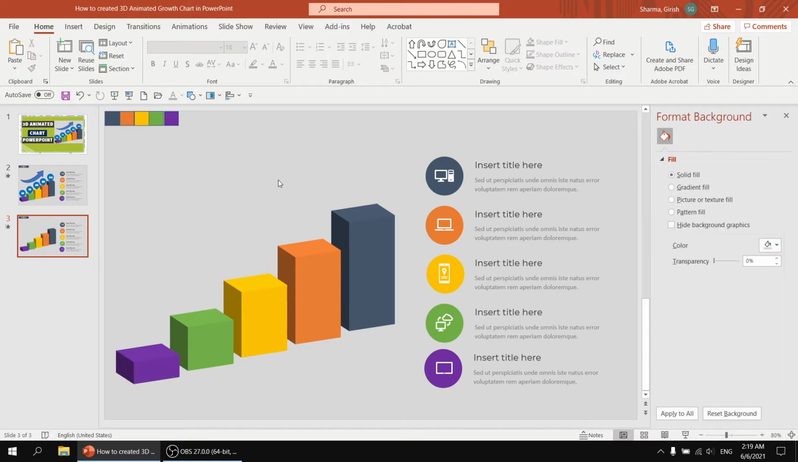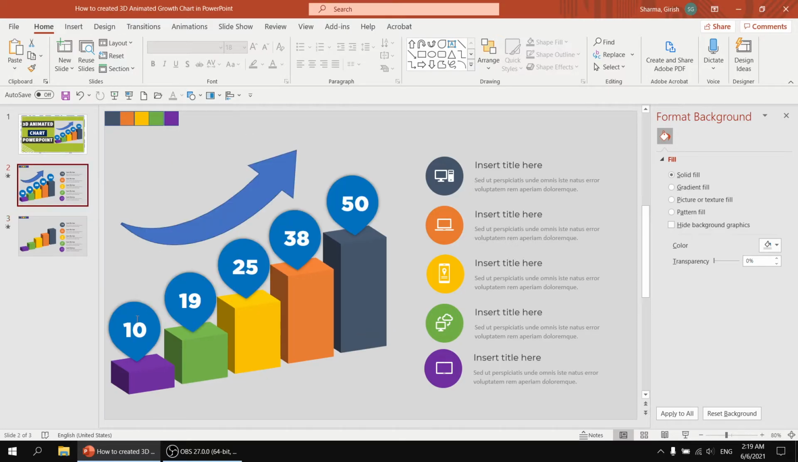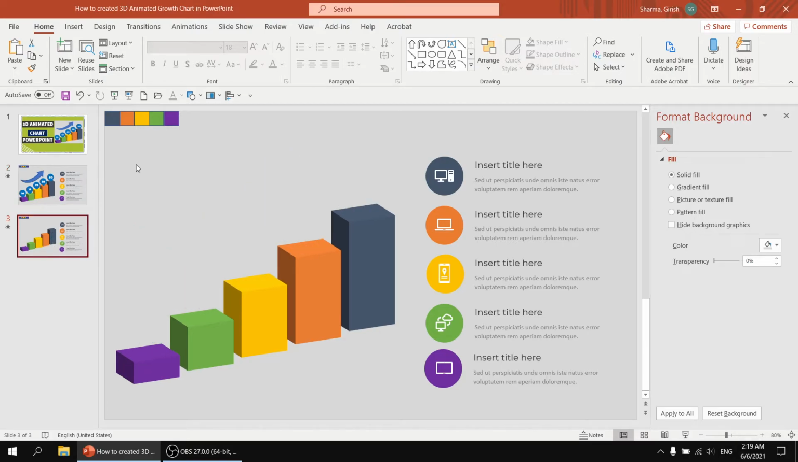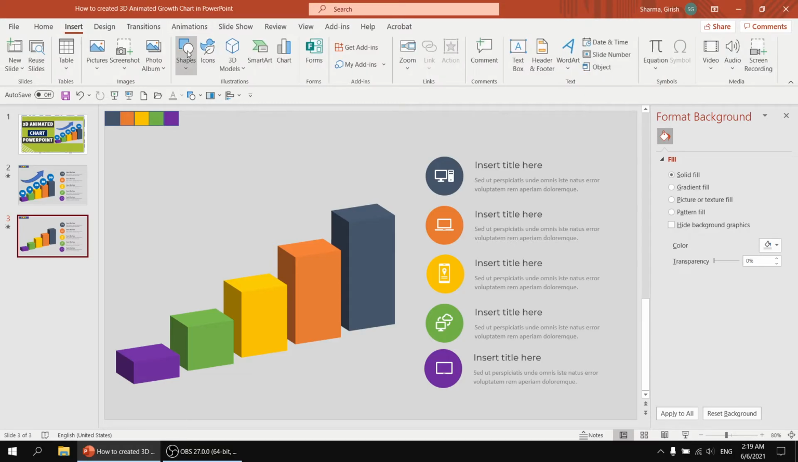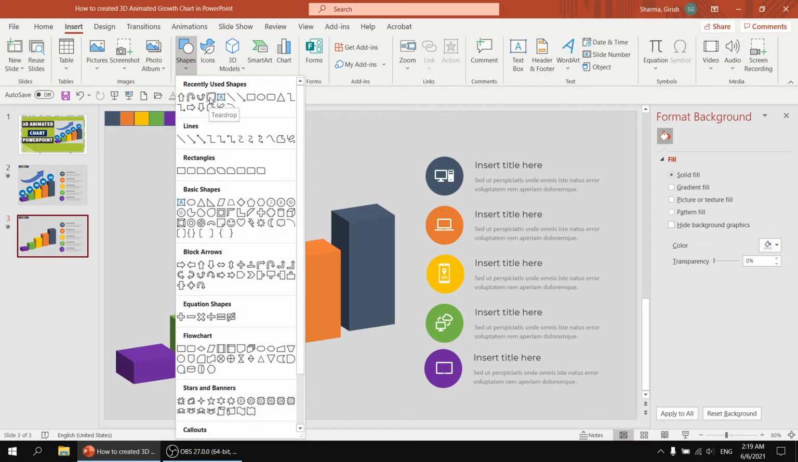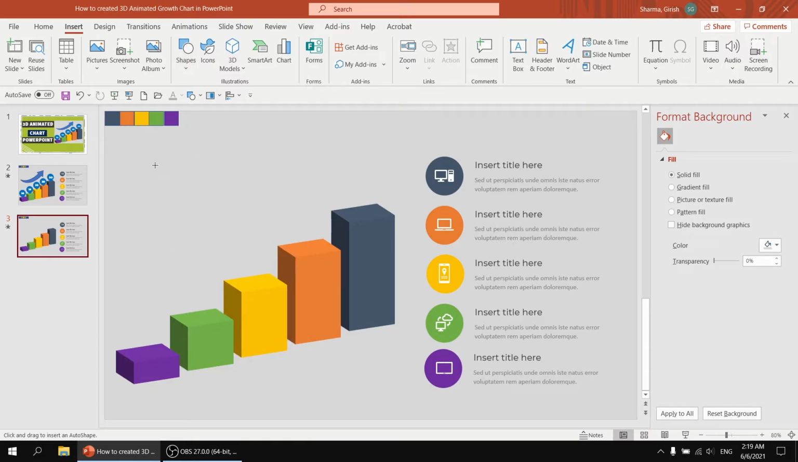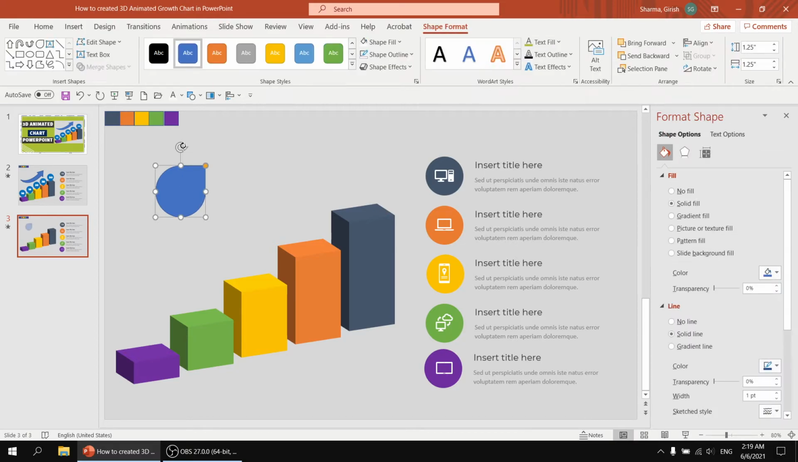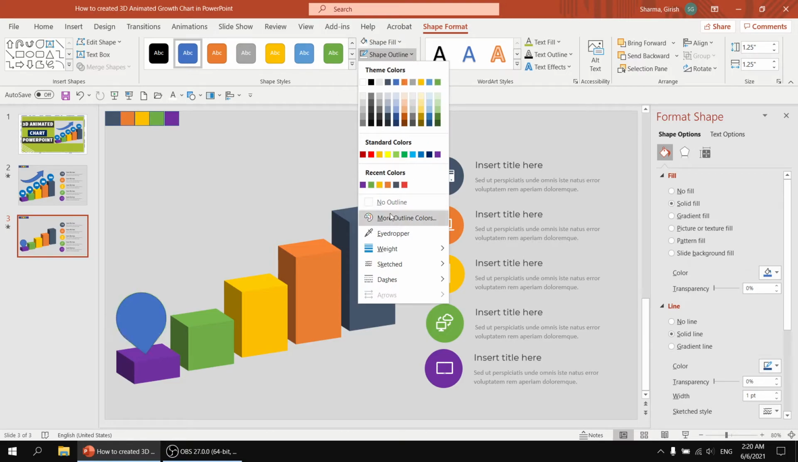So now we have this perfectly available. All 5 points are available here. What I'm going to do is I'm going to insert this. This is pretty easy. You can go to insert, go to shape, and you can select this one. This is called teardrop. So I'm going to select this, and I can rotate it as per our requirement, and we are going to put it here. Let's make it shape no outline,